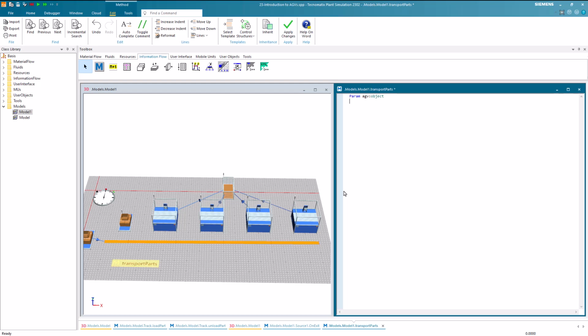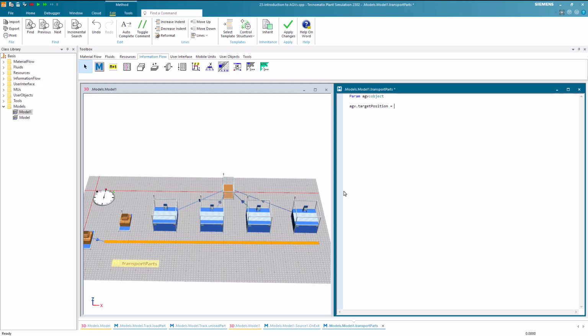Now, our objective is to make the AGV move to the level of the source, which corresponds to the position of the first sensor. To facilitate the AGV's movement, this time we utilize the method targetPosition. Thus, we aim to assign the position of the sensor.